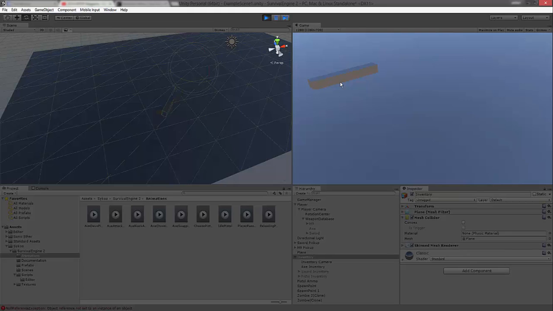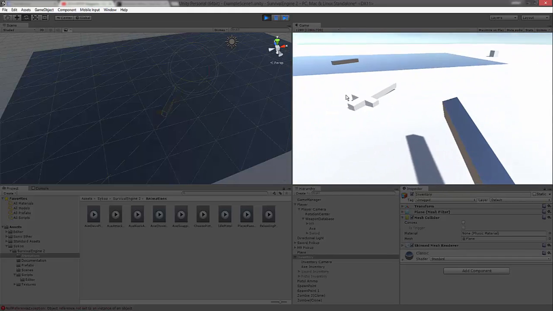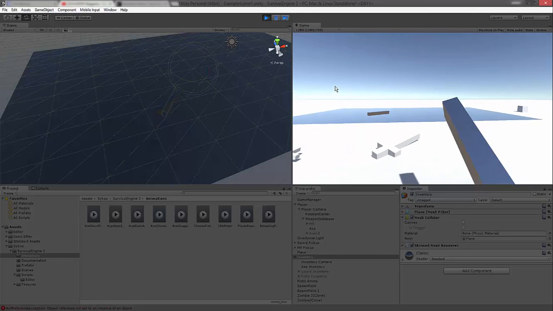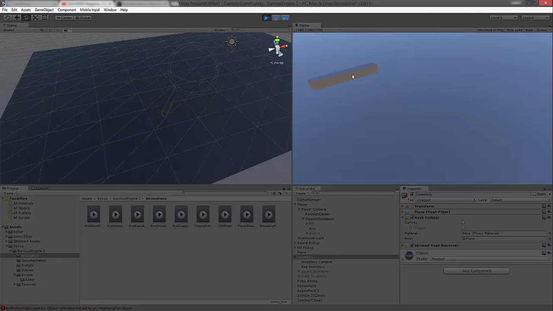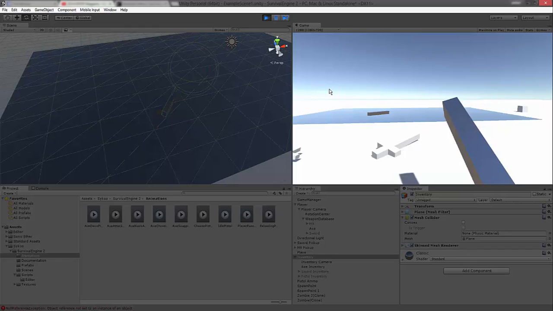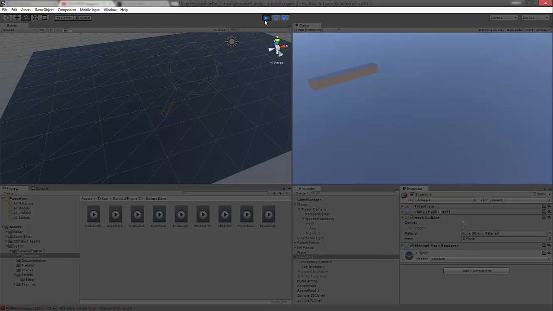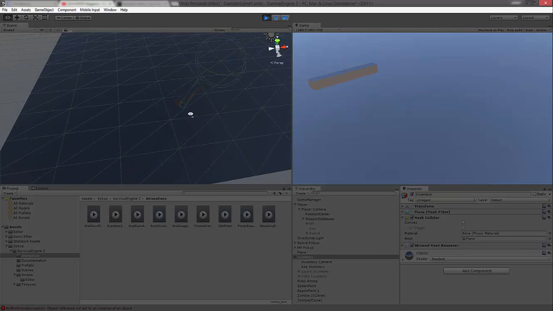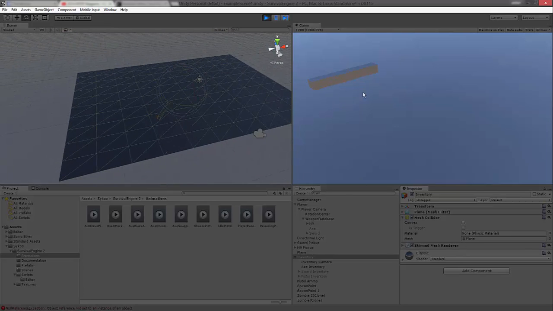Let me know if you guys want me to make it so that as soon as you pick up or equip the axe, it will disappear inside of the inventory, and when you unequip it, it will appear again. Let me know that. But that's what I'm basically trying to show you guys. The inventory works properly,